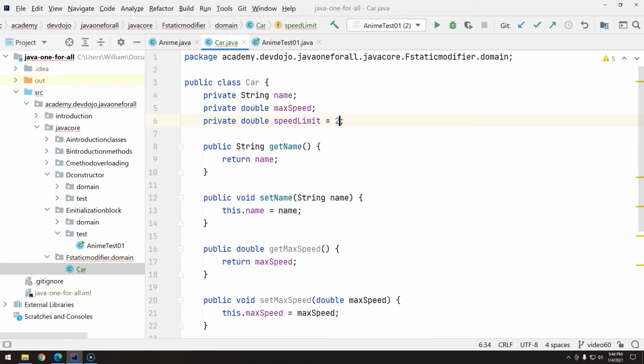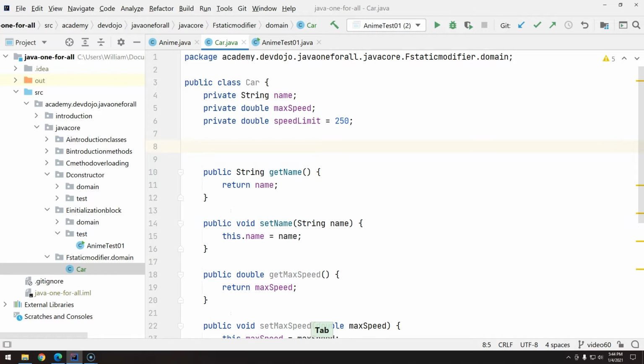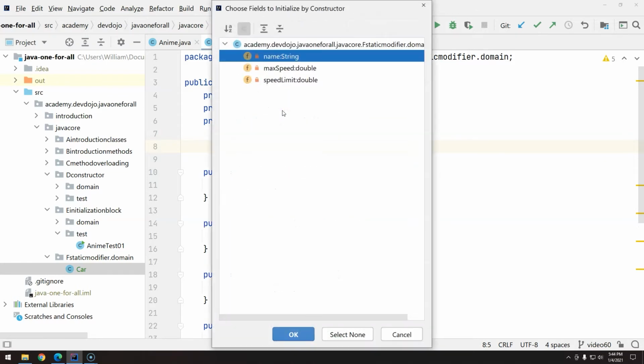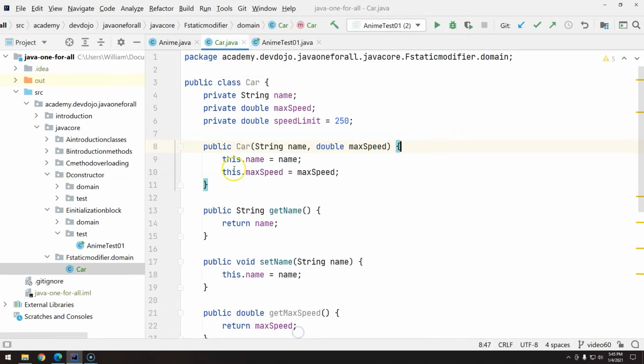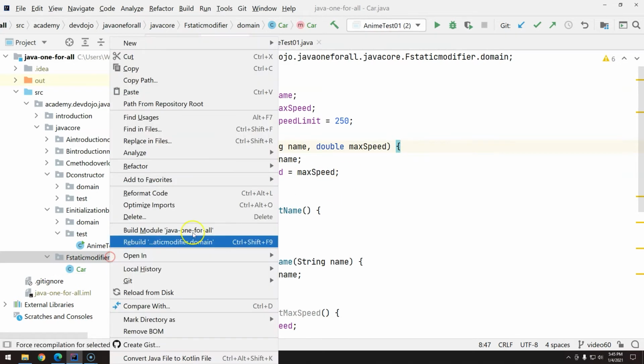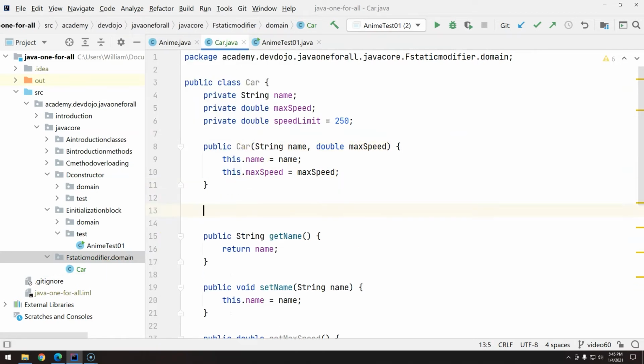Let's just initialize this with 250. And to make things a bit more simple, let's create a constructor and select only name and max speed, because speed limit is already initialized. So select both of them and press OK. Now we have a constructor with name and max speed. Let's create a print method. So public void print,